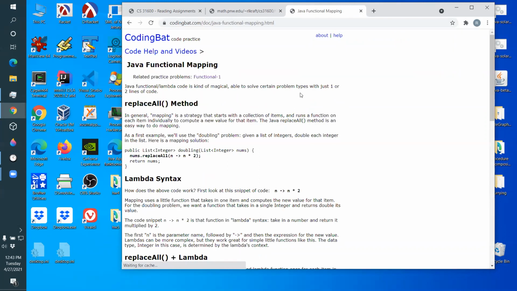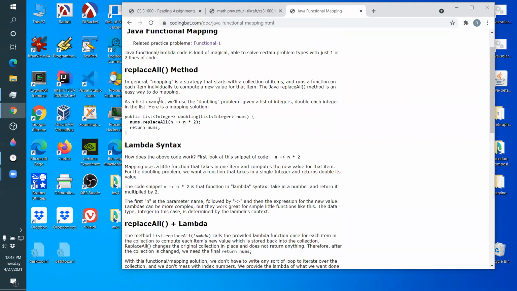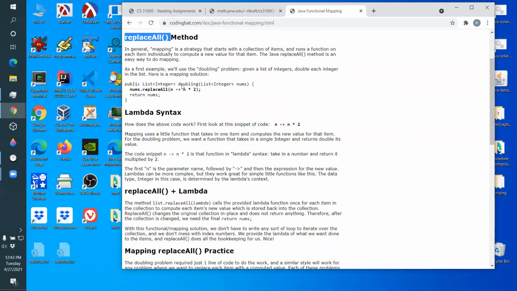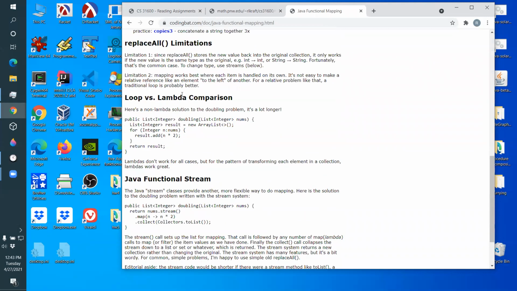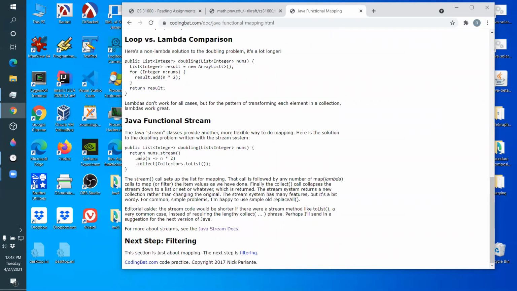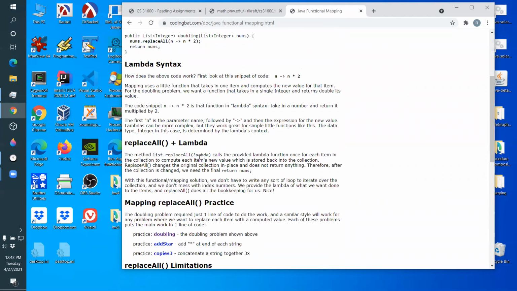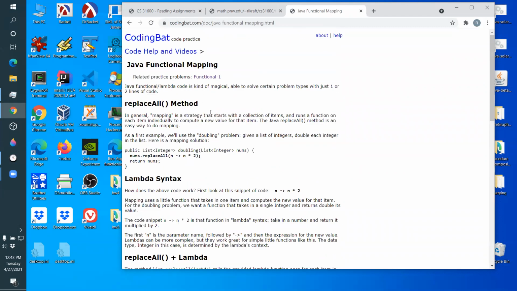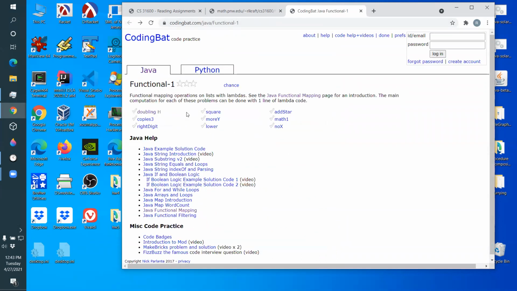Here's the link. If you click on this link here, they have a nice explanation of how to do map in Java. There's two versions of map in Java, one called replace all, and then one actually called map. Here's the one they called map. They do a nice example. They do a nice job here of explaining it, and then they give you problems to do, like